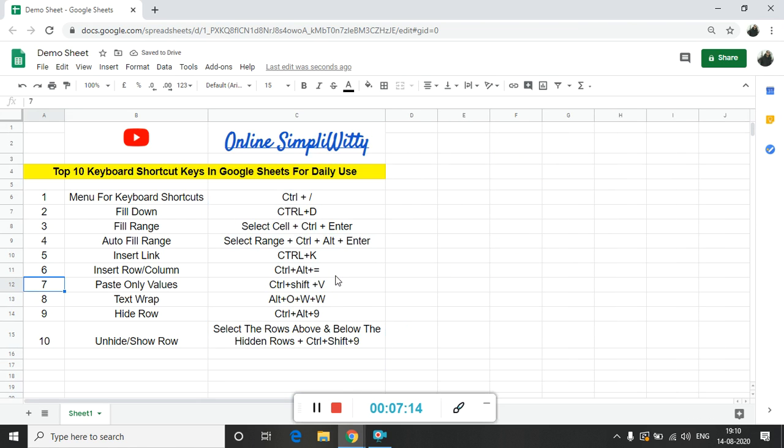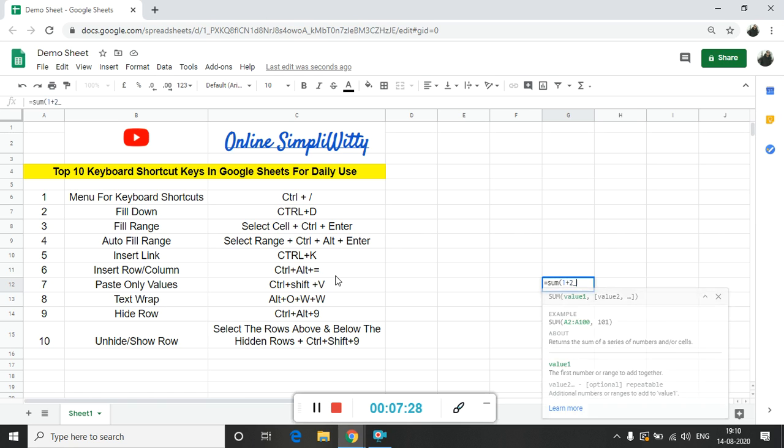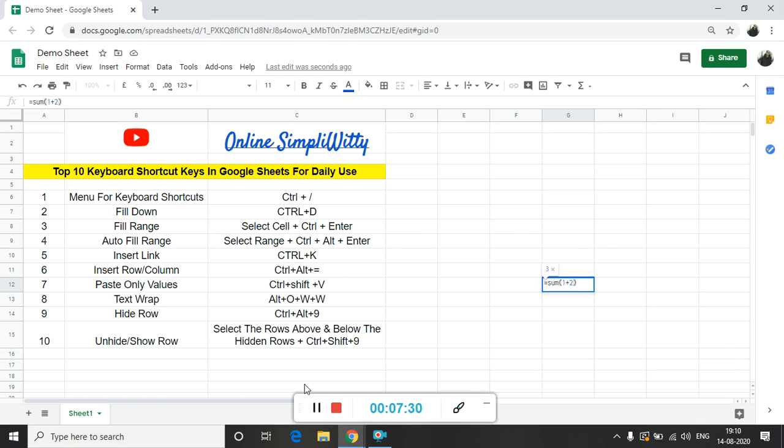Another important shortcut key that we need to know is paste values only. Now let's say I write a formula over here, sum of 1 plus 2. I press enter, the answer is 3.